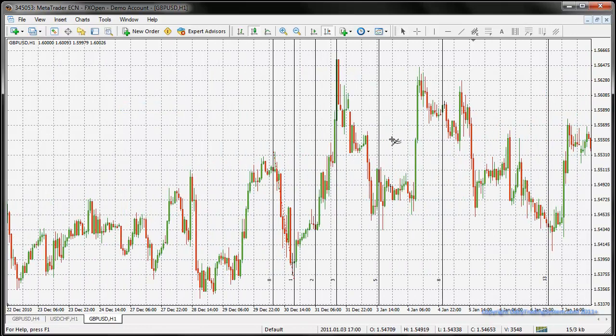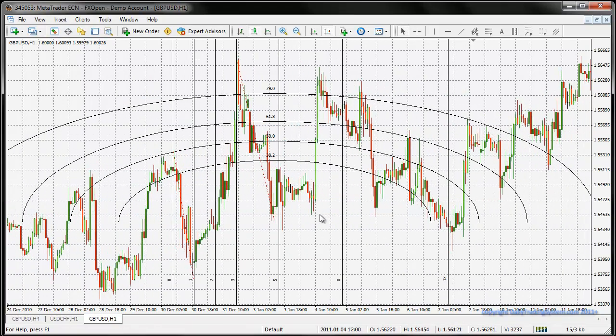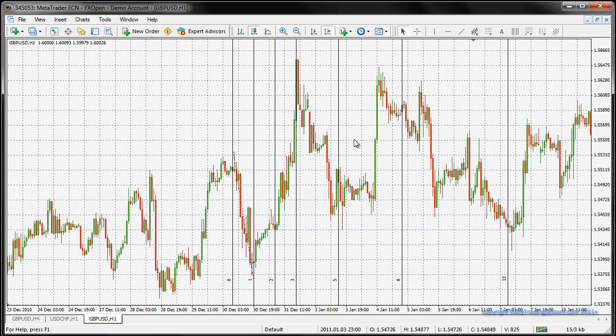Maybe we could do it with this, see how this works. Okay, I guess we could use it in conjunction with the arc tool to get an approximate time and area where the market could actually possibly change. But the arcs don't really go out that far. I haven't really found any distinct patterns with using them with more than one tool here,